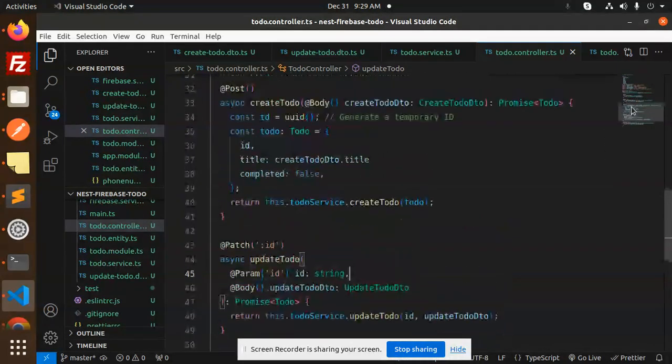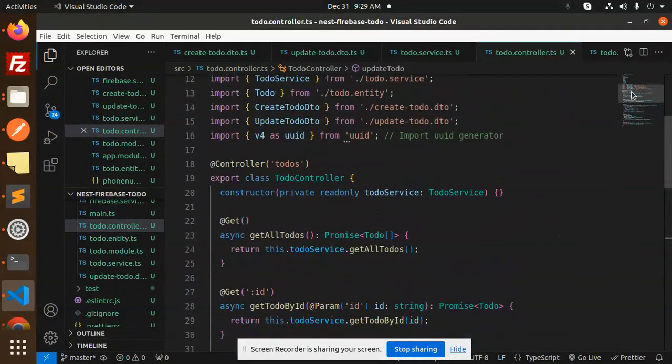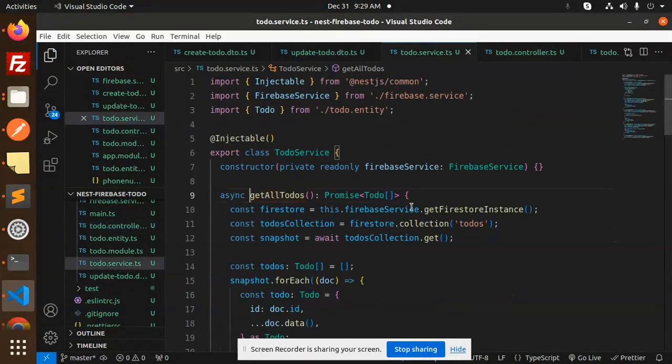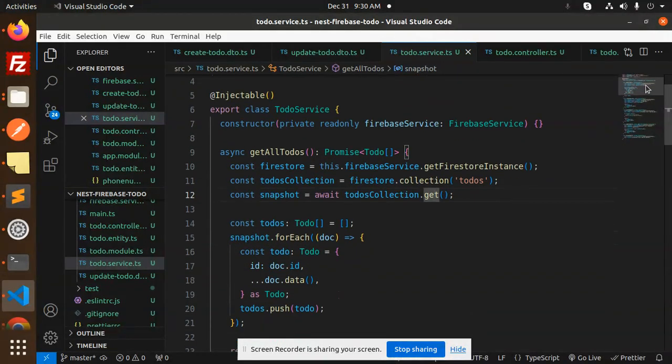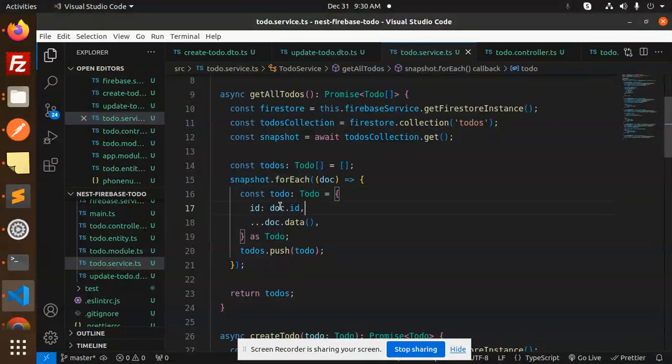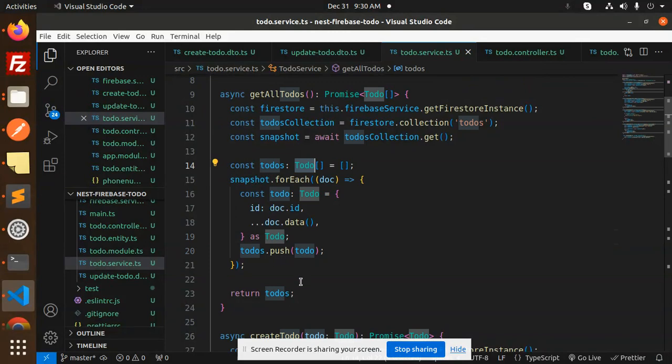So let's go step by step. First, getAllTodos. If I go over here, you can see what we are using: Injectable, the Firebase service, and Todo from the to-do entity. First we get the Firestore instance, where the collection name is todos. We take the snapshot of the todos collection with get, and we do a forEach loop, getting the id as doc.id and doc.data as a Todo, pushing the data into the todos array,